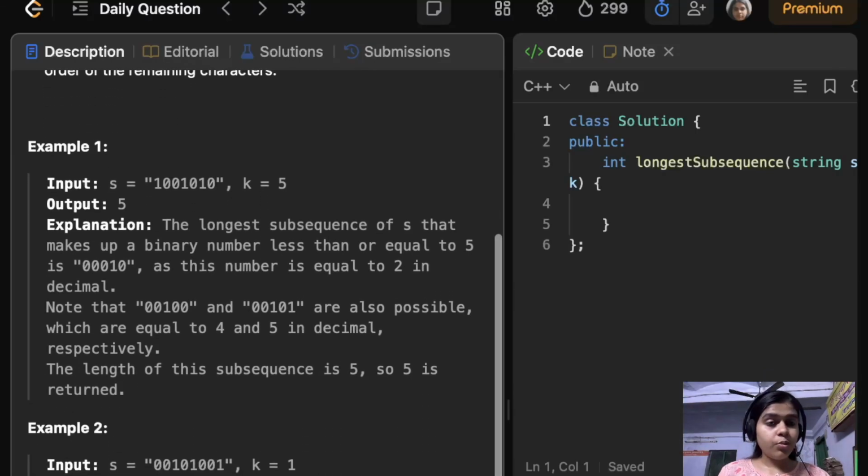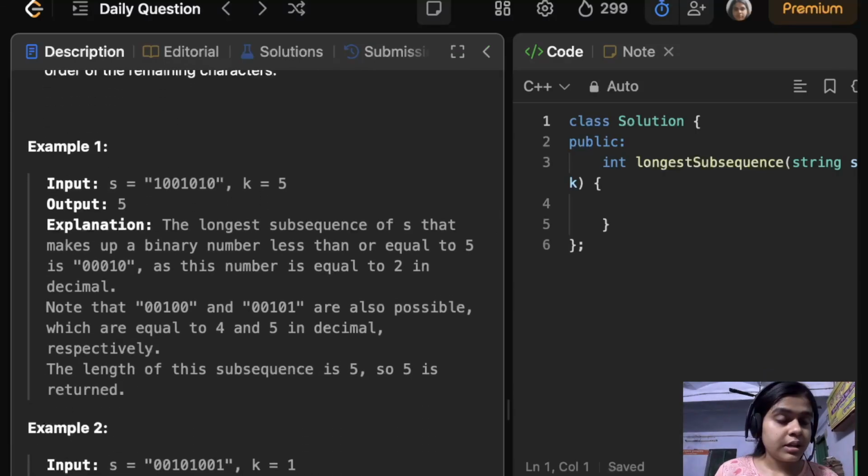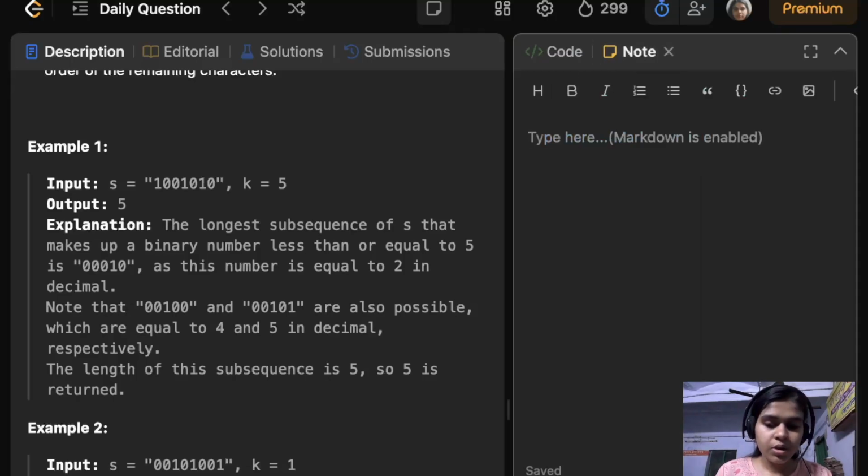So let's discuss the approach of this. Here an example is provided where s equals 1001010, right? So how to solve this?